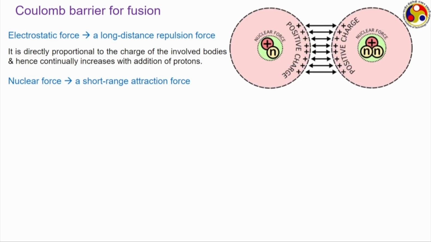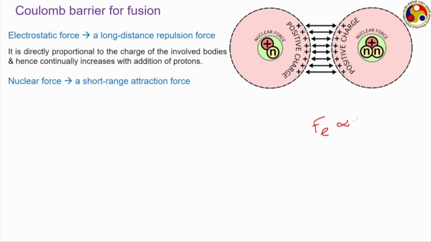This is the electrostatic force, and as we are talking about reaction between one deuterium nucleus and one tritium nucleus, both of them are electrically positive, because deuterium contains one proton, so does tritium. So, both of them contain one unit of positive charge, and hence there will be a strong electrostatic force that acts between them. And as they come closer to each other, or the distance between their centers keeps on decreasing, that is R keeps on decreasing, electrostatic force, that is